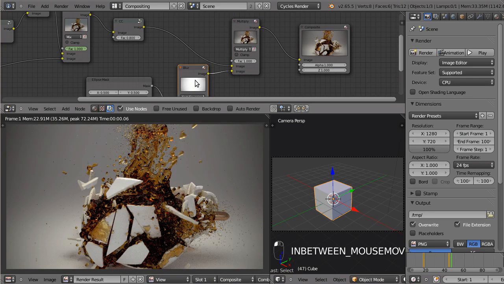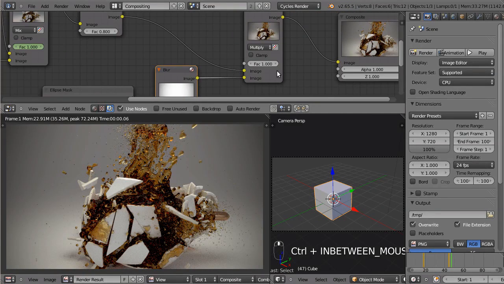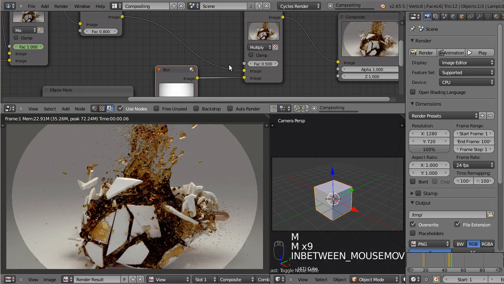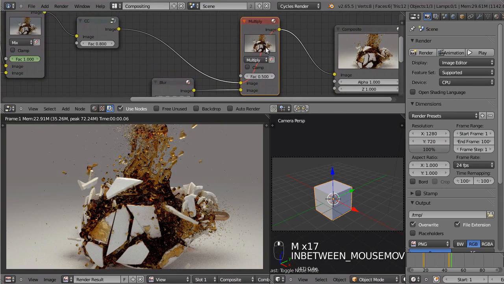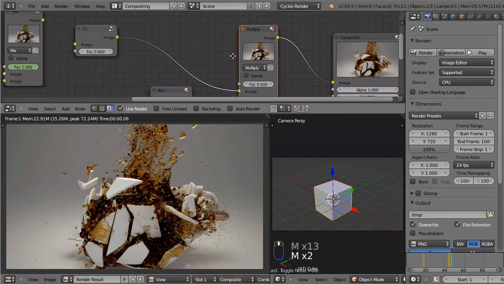This will multiply the vignette with the image, and since the middle is white, it doesn't change anything, and the corners are dark, so you see corners are getting darker, and I want to set this to 0.5 so that it's not too obvious. But if we toggle this mix node on and off, you can see the difference. Okay,